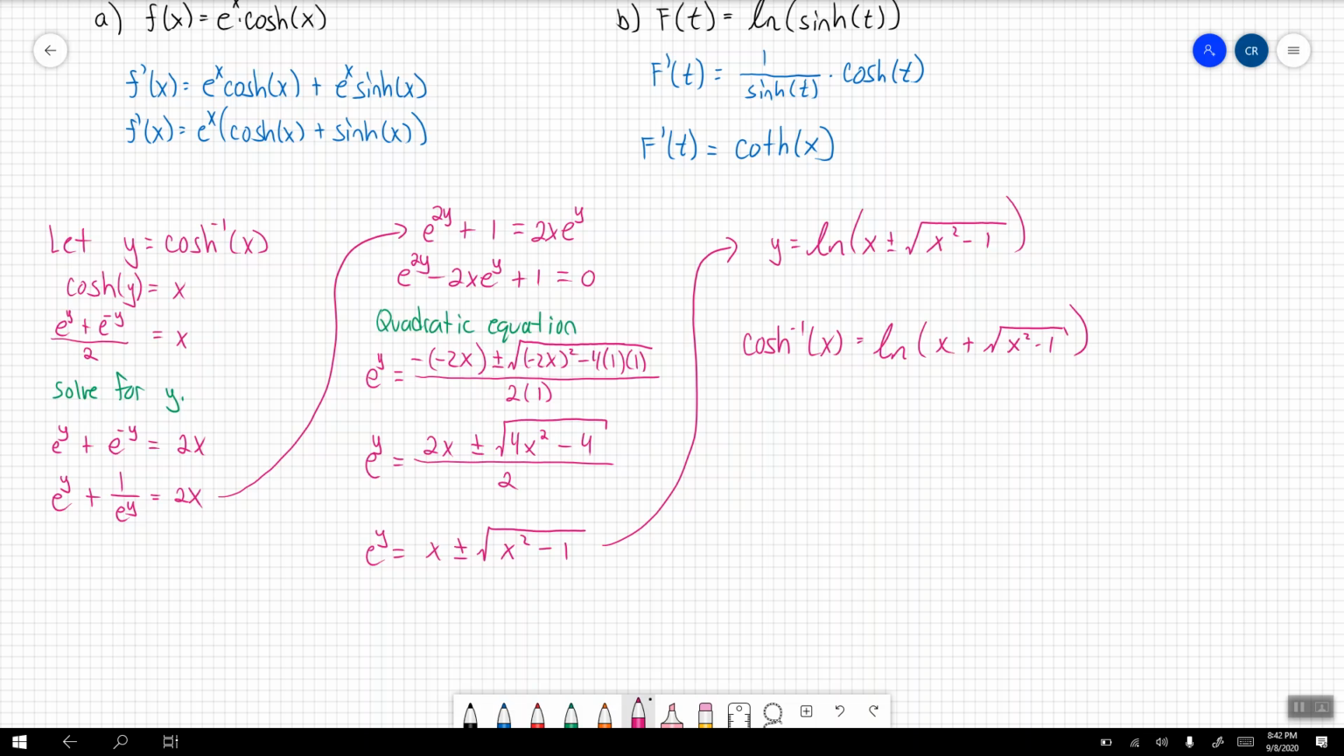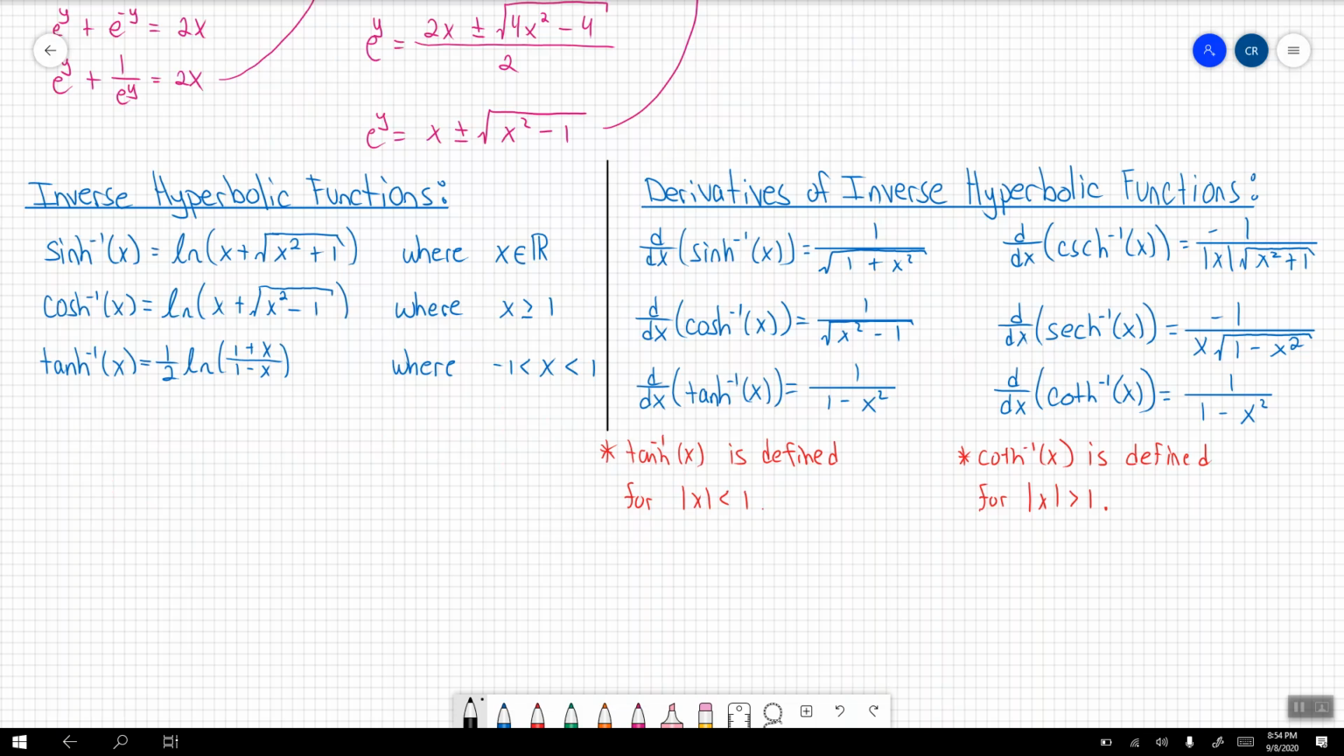So, moral of the story: inverse hyperbolic functions have representations, and these representations must be extracted in terms of natural log functions. So let's go ahead and write these down, making sure that we grab all of these inverse hyperbolic functions. All right, now here we are. On the left we have your inverse hyperbolic functions, and on the right we have the derivatives of inverse